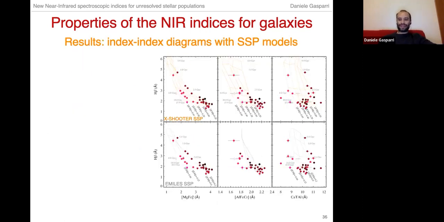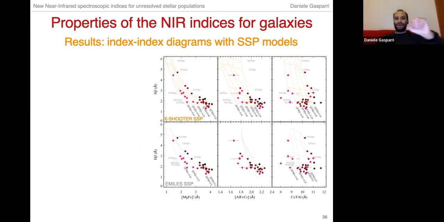For the last part of my work, I compared the models and the points by building the model grids. On the left, you can see the H beta and Mg-Fe index used for X-shooter and E-MILES models. You can see the points are overlapping the data. At the center on the right, you can see the H beta and the new metallicity indicators that I found